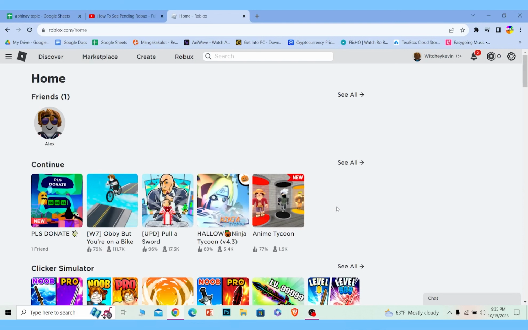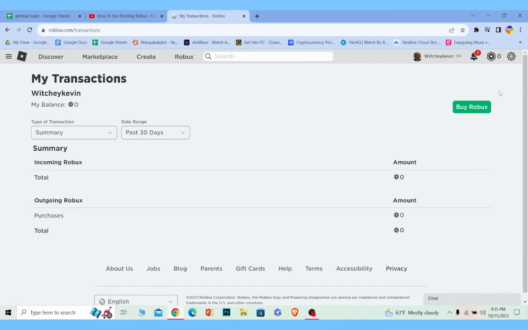Now over here at the top right corner, you can see this little Robux icon. Click on the Robux icon, and from over here, you can see this option called My Transactions. Click on My Transactions. From inside My Transactions, right below where it says incoming Robux, it's going to show you